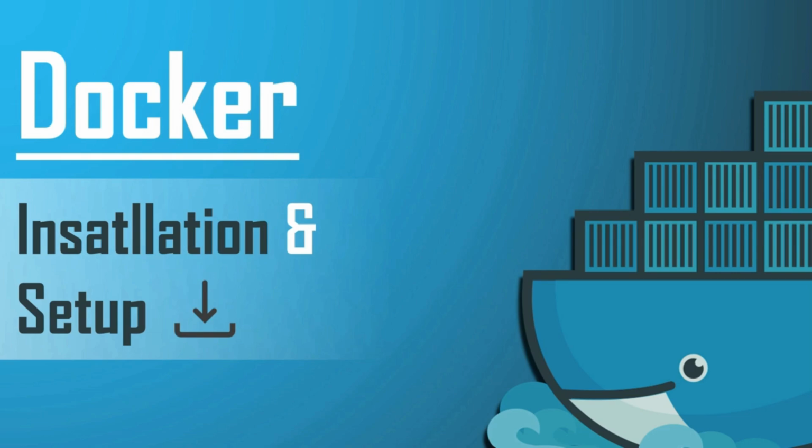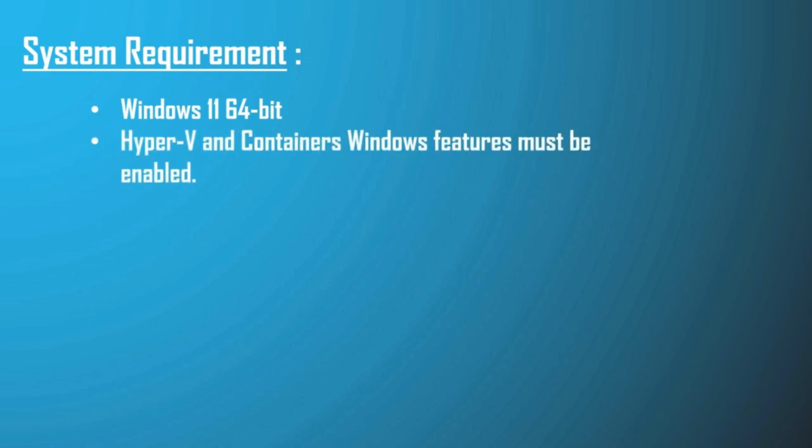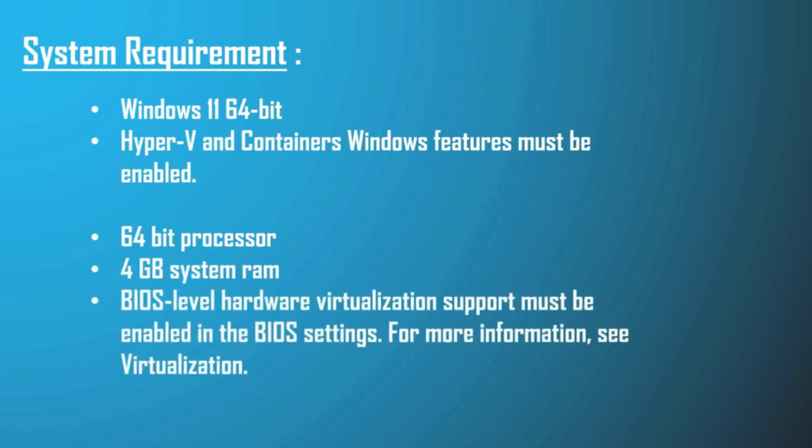First, let's see the system requirements for installing the Docker Desktop application on our Windows operating system. You need at least Windows 10, 64-bit, with Pro, Enterprise, or Education version. Then, Hyper-V and container Windows features must be enabled, plus some other requirements: a 64-bit processor with second-level address translation, 4 GB system RAM, and BIOS-level hardware virtualization support must be enabled in the